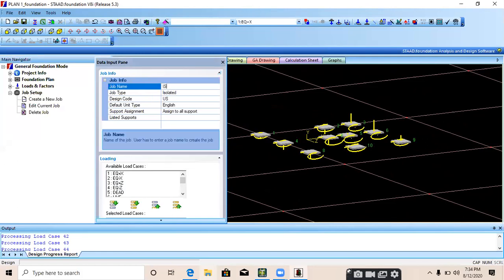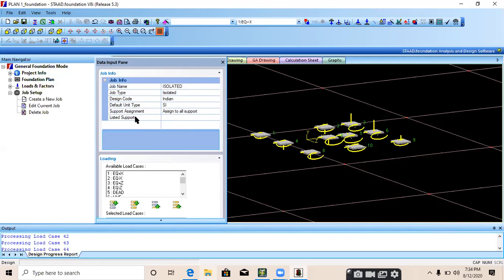I'm providing isolated because I'm designing an isolated footing. Job type, select isolated for the isolated footing. Design code, select Indian design code. Default unit type will be SI unit. We are using SI unit for the design.